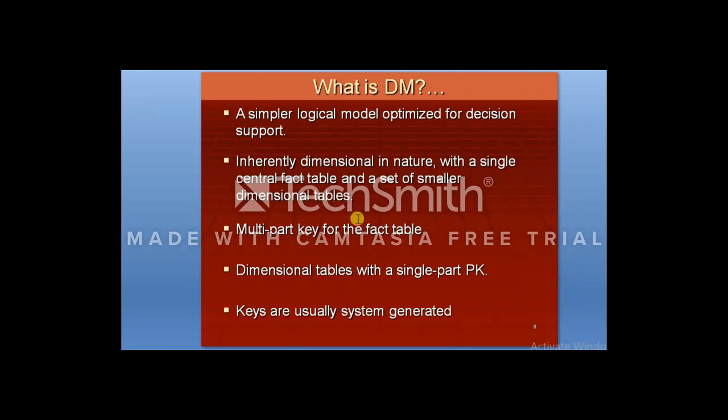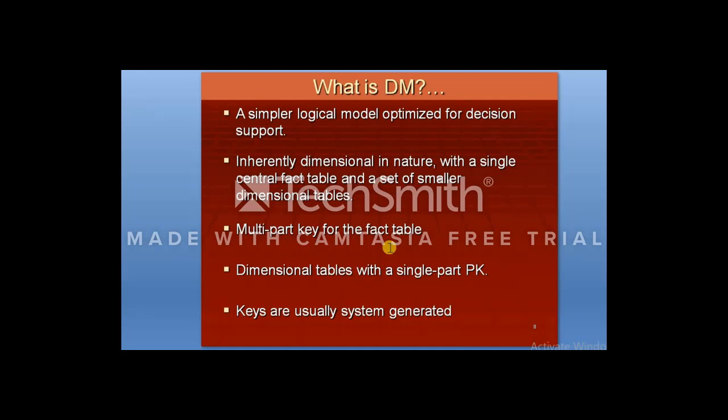So, a multi-part key for the fact table, when the fact table is at the center of the schema. Let's say the fact table profit or sales is at the center of the schema. There will be multiple dimensions that will be used as foreign keys inside that table. So the key generated inside the fact table will be a multi-part key, because a multi-part key means that the fact will be described in terms of different dimensions whose keys are foreign keys inside that fact table. Dimension tables at the corners of the schema will have a single primary key, a single-part key. Again, these keys are system generated.